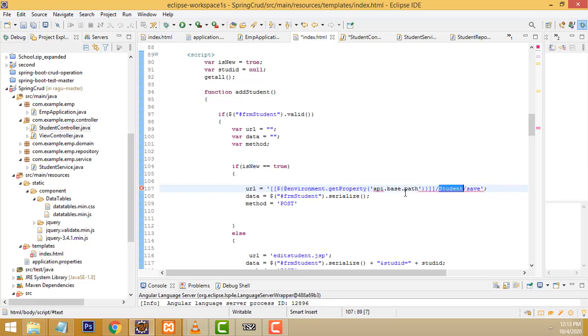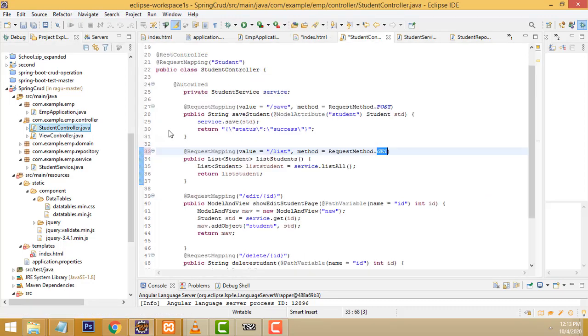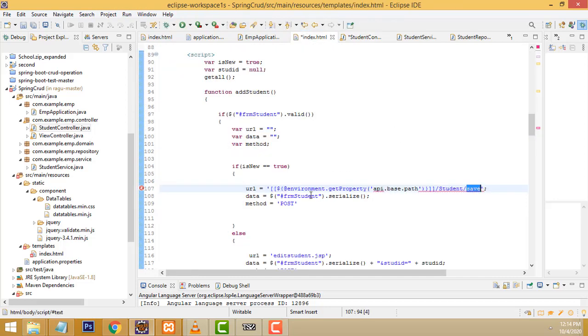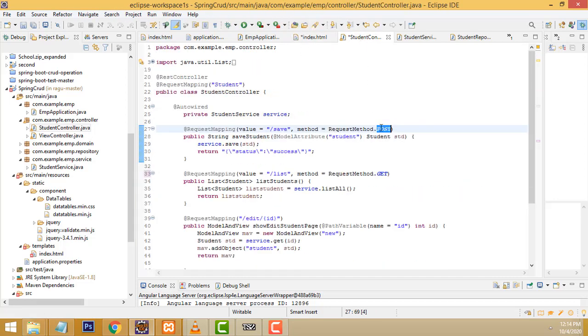This URL resides on the controller, so it is finding the controller, which controller? The student controller. What is the method called? Action method save. If it has found the student controller, it is checking the action method save. It is here, right? Save is there. It is mapping values. The request is coming from post, right? Here you are posting the values. So the request is coming from the post, right?